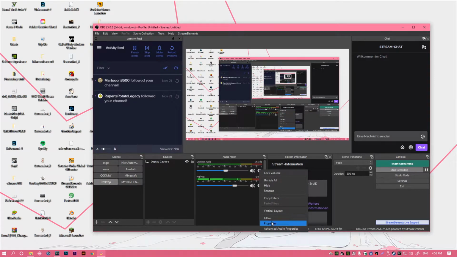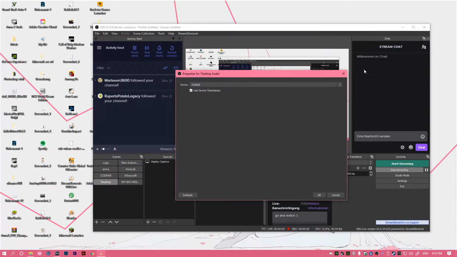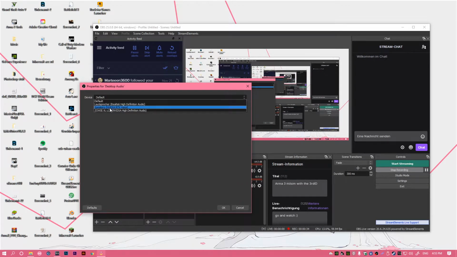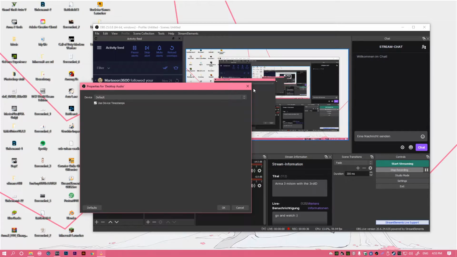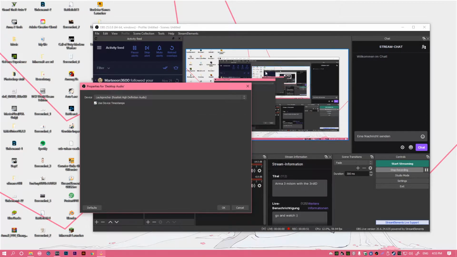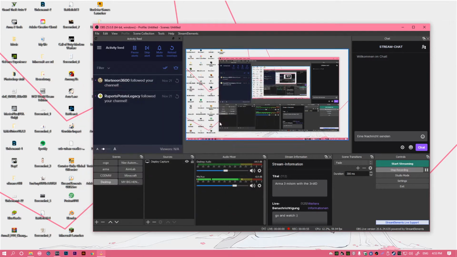Then you go to properties, then you will have this window with devices, and you want to click the one that is responsible for what you hear in your ears. So if you use a headset, it will say headphone, headset, or the name of your headset probably. You want to click on it if it doesn't recognize it on its own, and then press OK, and then everything you will hear on the desktop,